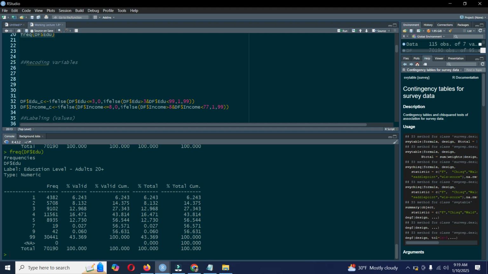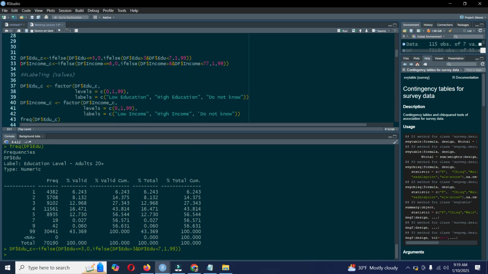So that is not correct, although you can just change it to less than 7. It means we are now replacing 7, 9 and 99 all equal to 99. It means we have three categories. One, when education is less than 3, the class value will be 0. And when education is between 3 and 7, it will be 1, and otherwise 99. So we can just run this command,